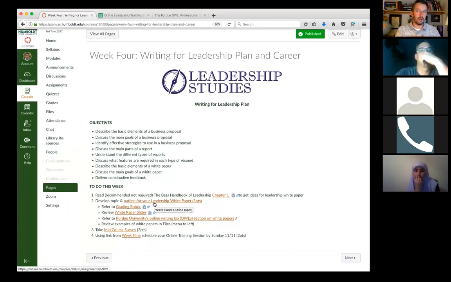So this is what they call chunking an assignment down into bite-sized pieces so that you're making progress on it by getting it scheduled, by thinking about what you're going to present on, by doing the reading in BAS, and if you did your white paper on the same topic, it really helps you because you're doing research just in one area.